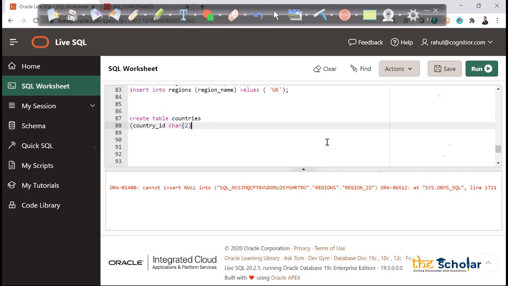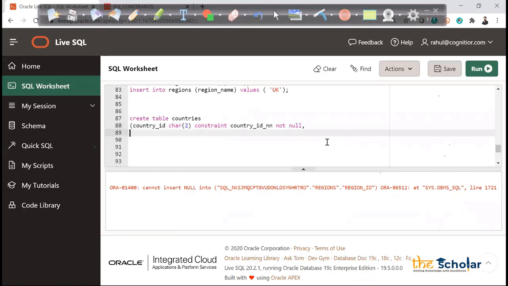Now let's go here, and I will add the example which I told you, right? Constraint not null. Let's create it. So I'm adding constraint, with the constraint name country underscore id underscore nn as not null, and then a comma.